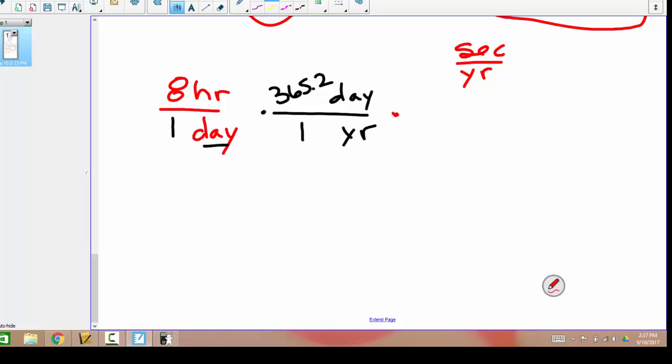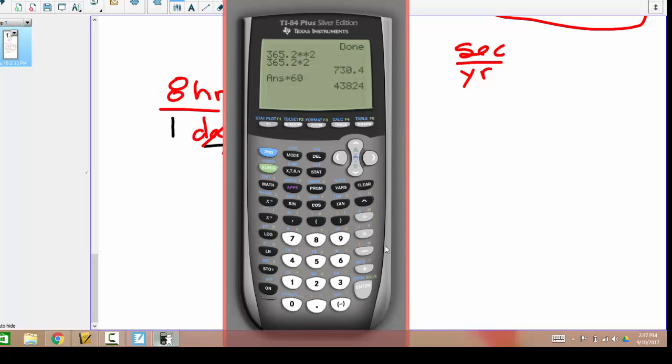Then we're going to convert hours to minutes and then minutes to seconds. So right now we could cross off the word day, and I feel like maybe we should just do this fraction right now. So 365.2 times 8 is 1460.8